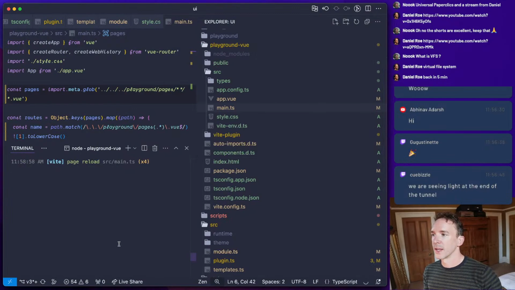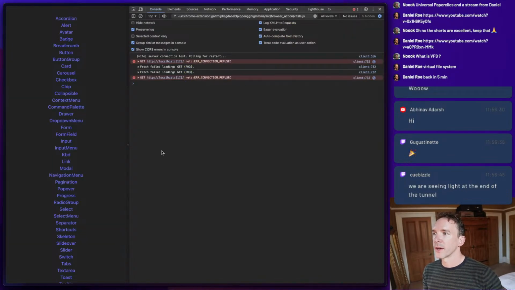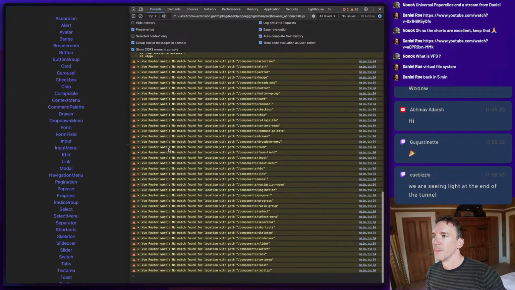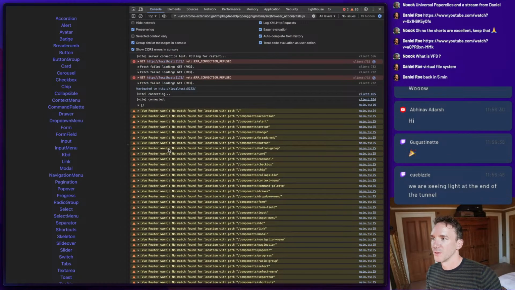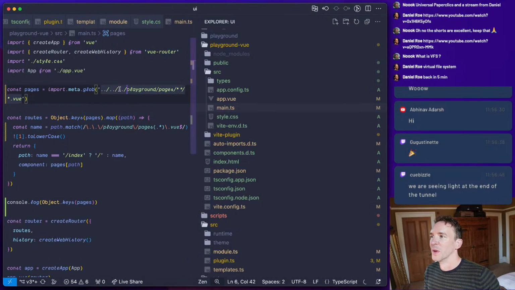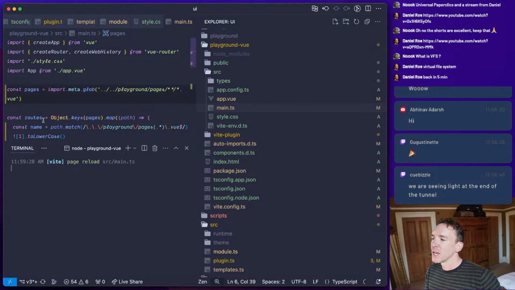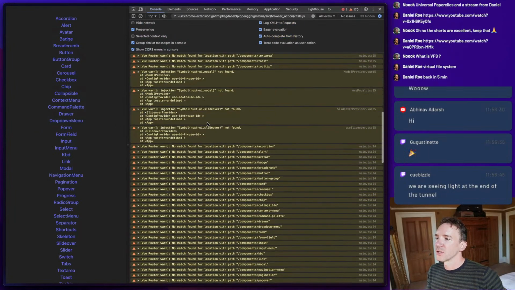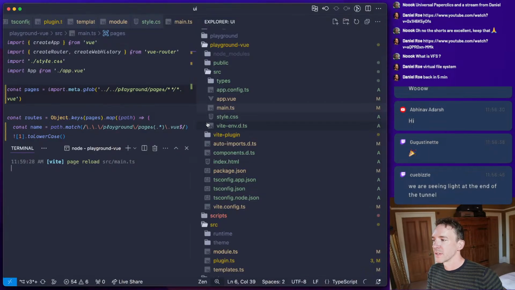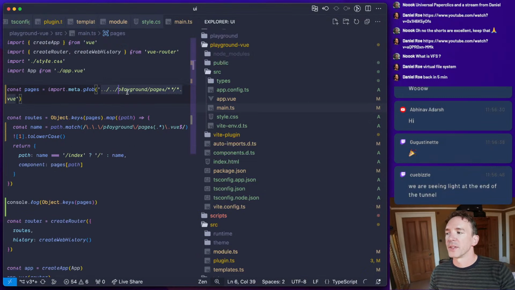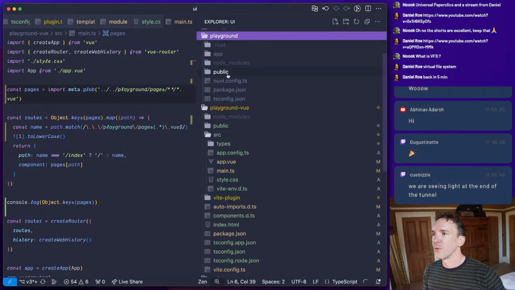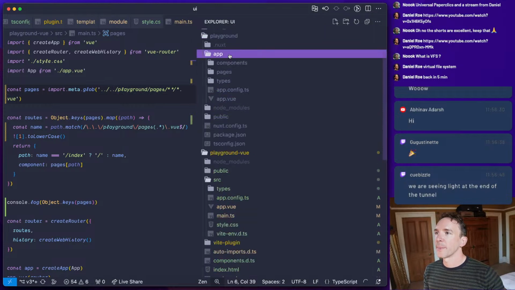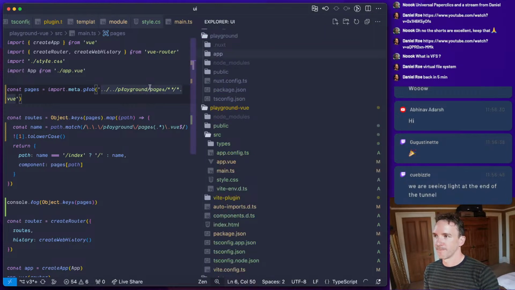We are very much seeing the light at the end of the tunnel. We're very, very close. But often then there's lots of extra stuff that you have to do at that point, right? This is just a playground thing. This is not a serious issue. This is just because I want to avoid duplication. We could almost certainly just, for now, use playground app pages.